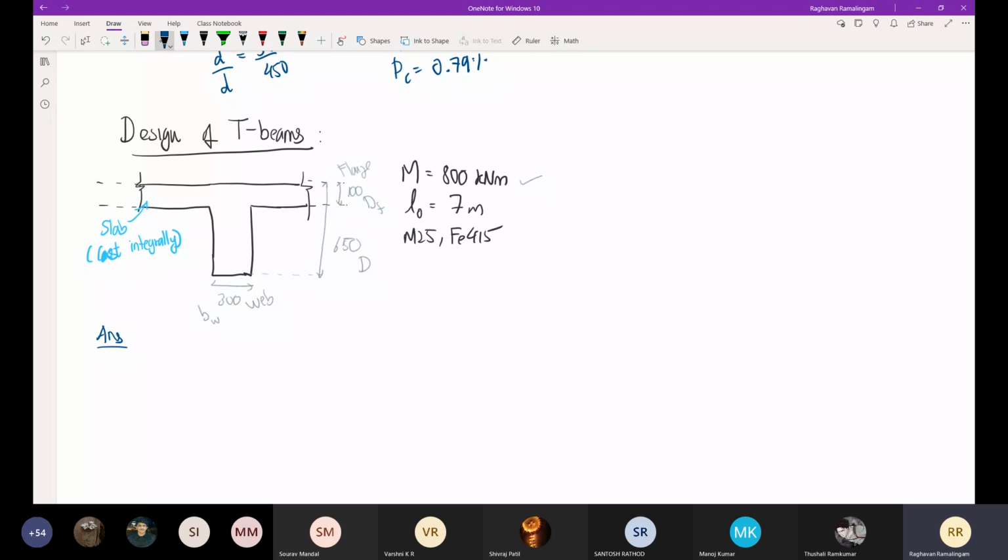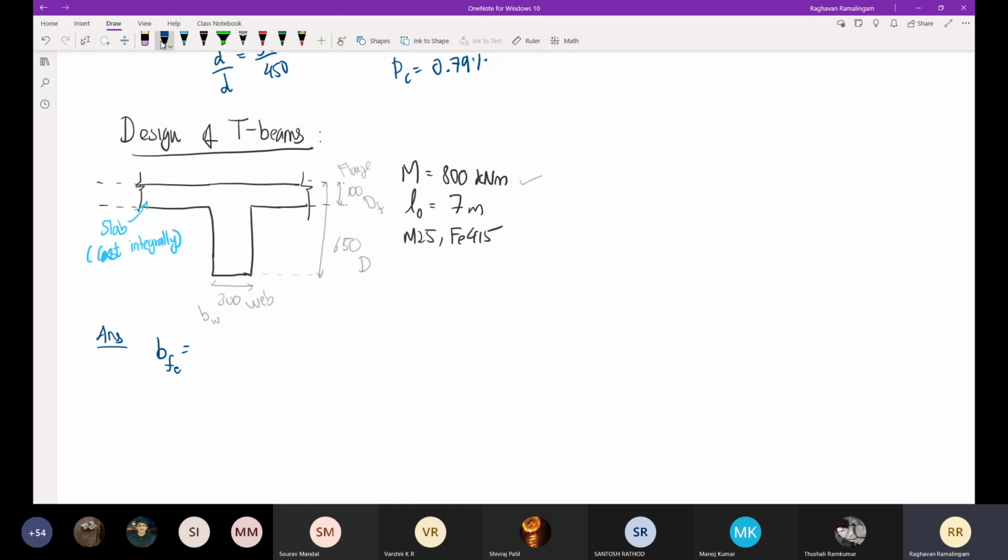One of the dimensions not given to us is what I should use as the width of the flange. That is the actual question present to us. It is not given in the question. Sometimes it may be given, but whether it is given or not, you will have to do one check first. First, you will have to check the effective width of the flange, bfe.